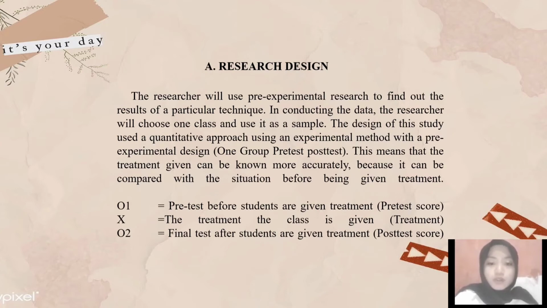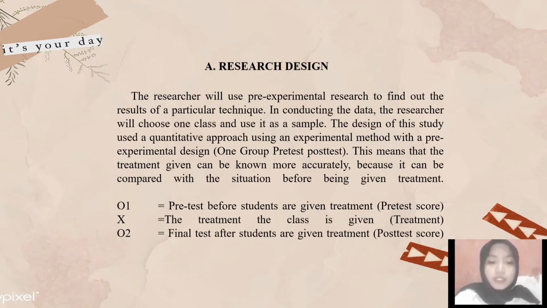This research was conducted to improve paragraph writing skill using visual media for class 8 students through contextual learning. The effect of treatment on this design is O1 for pretest, X is the treatment, and O2 is the post-test.